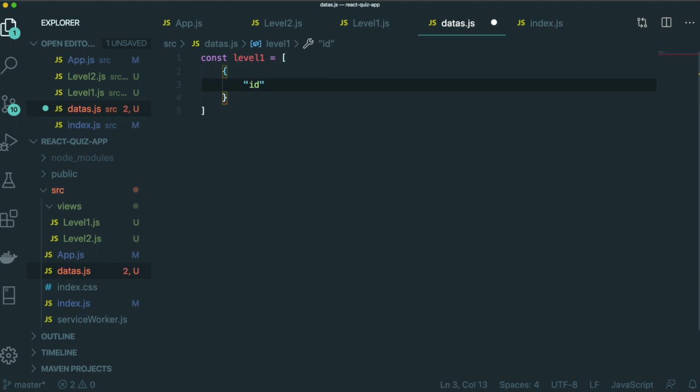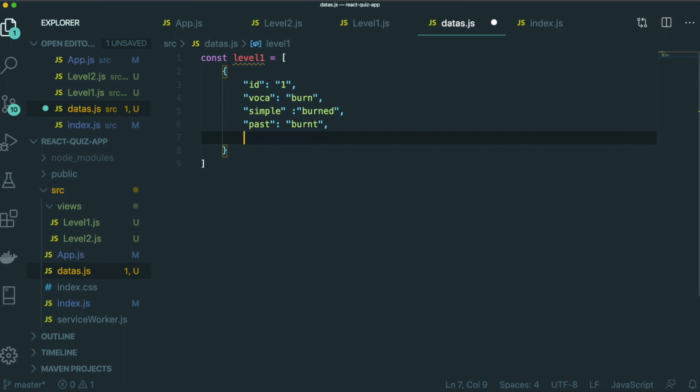First, a property will be the id, and this id will be 1, and then the base form is burn, the simple past for burn is burned, and the past participle for burn is burnt. And then I also want the mp3, the pronunciation file for this